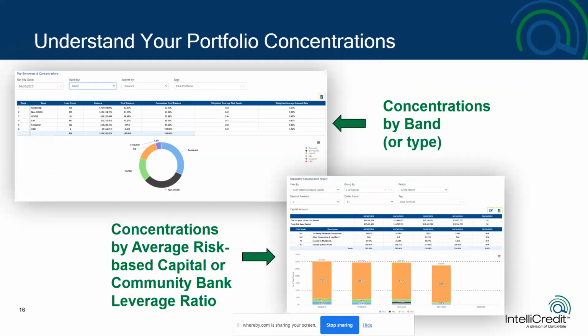Understanding your concentrations. Obviously, risk-based capital is critically important in the banking world, and whichever lever you're using, community bank leverage ratio or the other, it's important because there's a client we had in the state of Nebraska that was 650% of risk-based capital tied up in ag loans, which of course is understandable where that particular institution was. But they were able to basically disabuse the regulator immediately over the pristine nature of that portfolio by showing information,